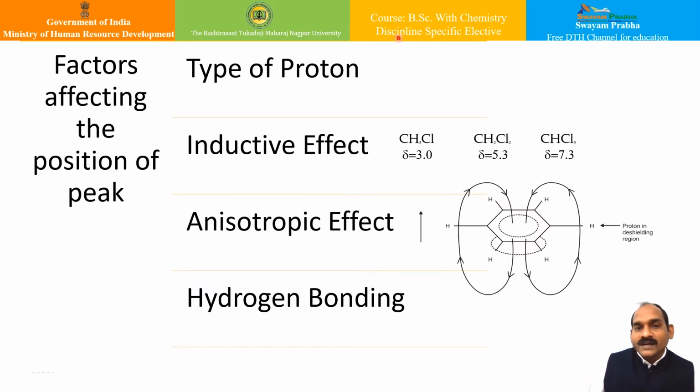And finally, if you try to understand hydrogen bonding, if a proton is involved in hydrogen bonding, irrespective of whether it is intermolecular or intramolecular, the electron density decreases around the proton, and such a proton resonates at lower field, that is, a higher chemical shift. You can take examples like a concentrated solution of alcohol. It will give the hydroxyl peak at 4 to 5 ppm, while a very dilute solution of alcohol will resonate at about 1 ppm only, isn't it? Therefore this property can be used to distinguish between intermolecular and intramolecular hydrogen bonding. That is very useful.